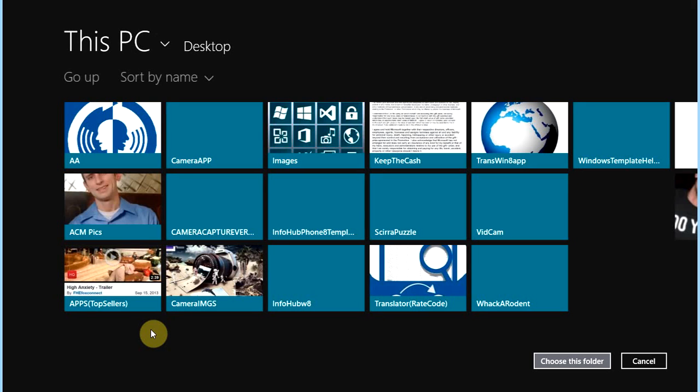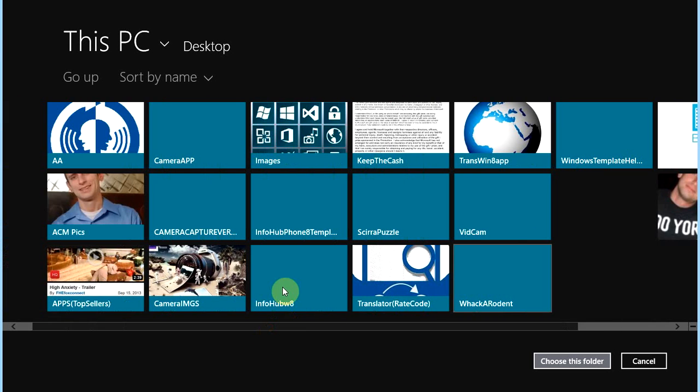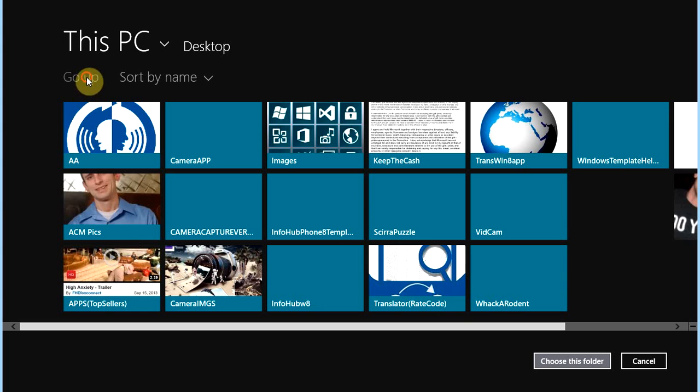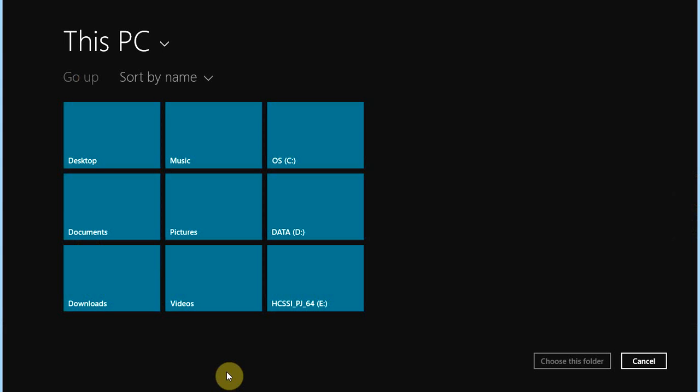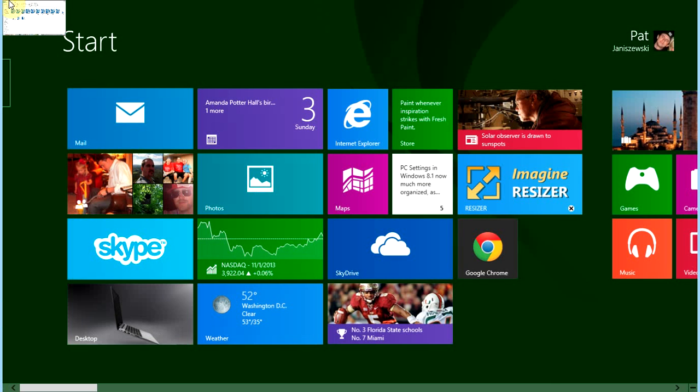Okay, and basically processing a folder is the same exact thing. You would just select a folder and then generate the images just like